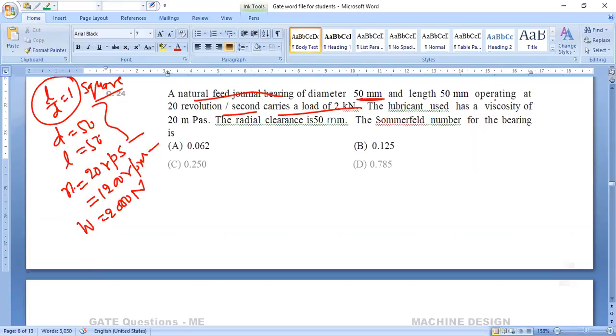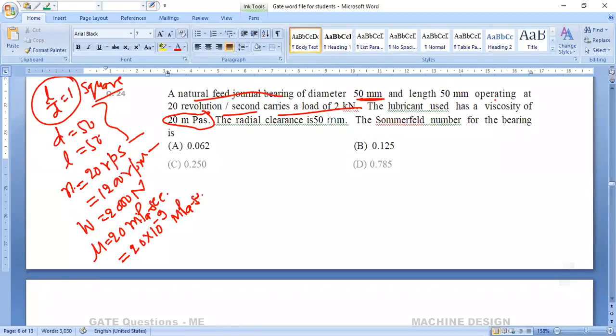The lubricant used has a viscosity of 20 millipascal second. So mu is given 20 millipascal second. So millipascal second I will change into megapascal second. So for megapascal it will be 10 power minus 3 for Pascal. Then for megapascal it is 10 power minus 6 again. So it is 20 into 10 to the power minus 9